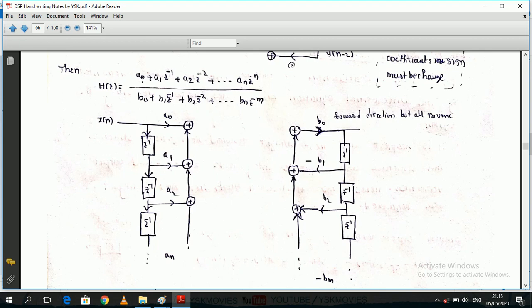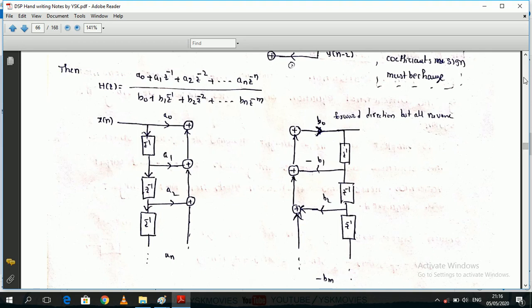See how many coefficients there are, 1, 2, 3 and so on. There are plenty of lines we can draw up to infinity, up to a_n z power minus n. What are the coefficients available? Filters are available: z power minus 1, z power minus 2. See z power minus 1, z power minus 1, z power minus 1. We are not using z power minus 2, minus 3 like that. We are using only z inverse.